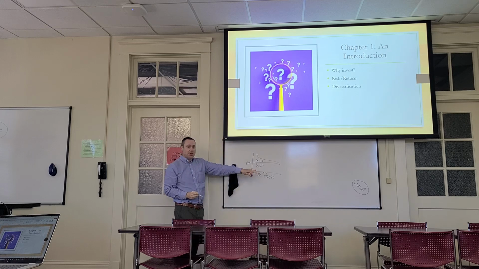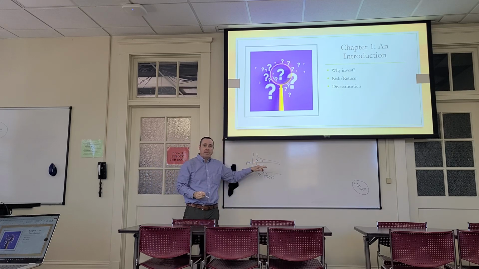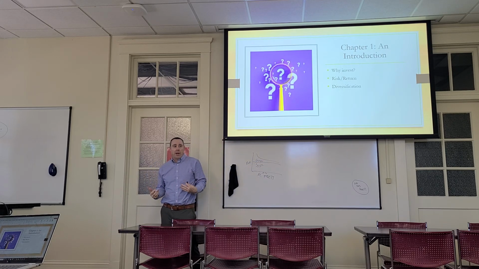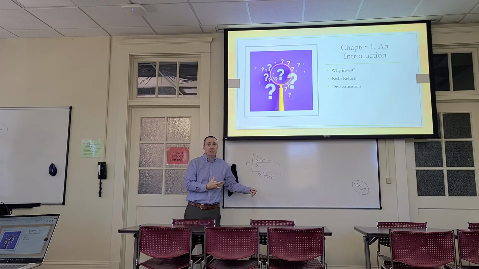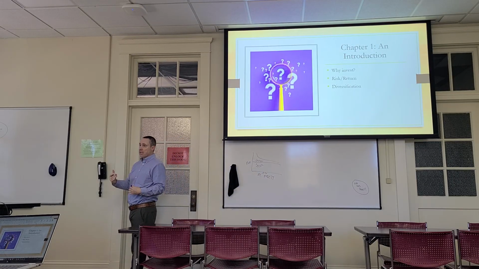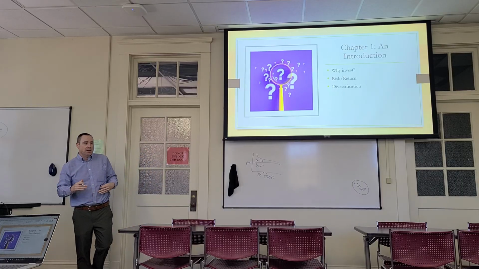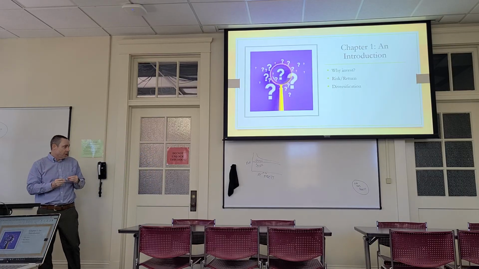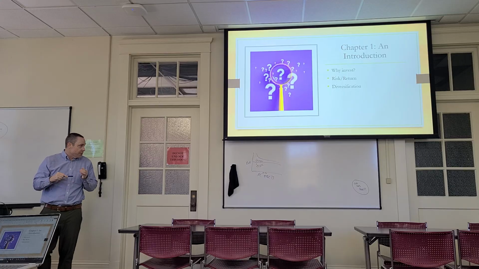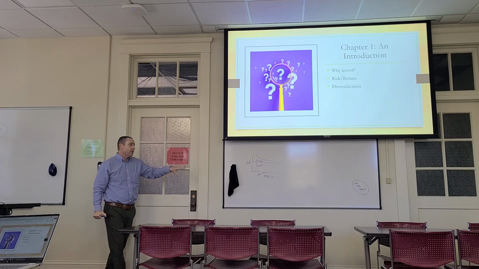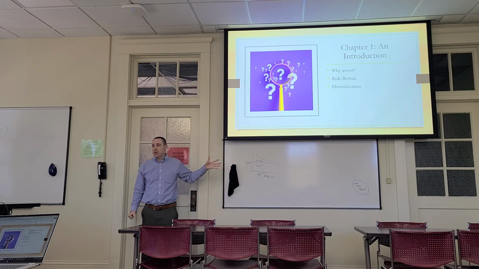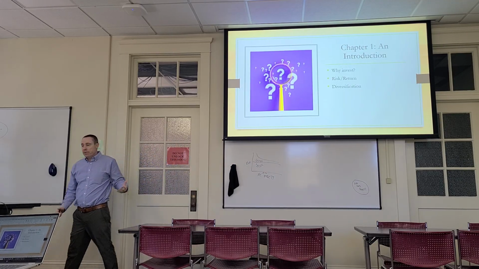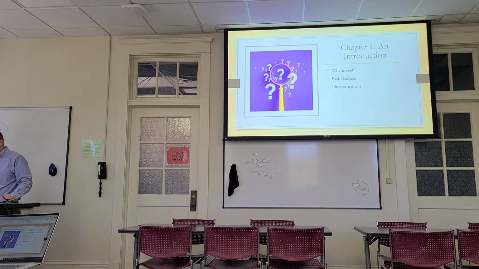And then the elements of each, and tell me what they mean. So unsystematic, we can diversify that away through the business and financial risk. Systematic was those premiums. I want you to be able to tell me what each of those things is and how it's going to impact, not just list them out this time. So each exam, I'm expecting a little bit more as we go on. And this is one of the big things I want you to leave this class with, the ability to create a diversified portfolio. And this is key in doing that. If you understand that, you should be able to create a diversified portfolio.